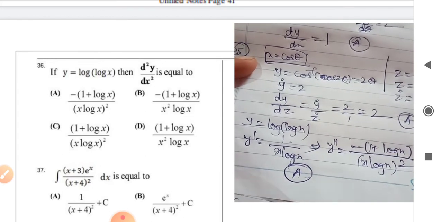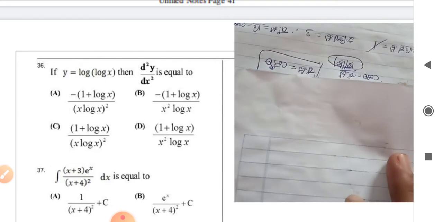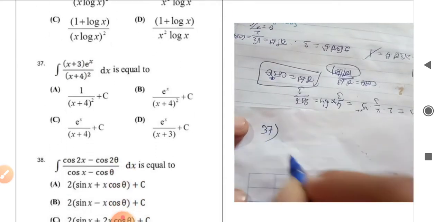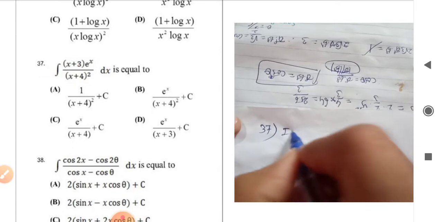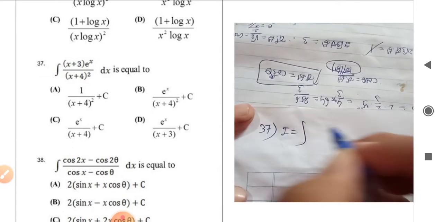Yes. So now look at this, very simple it is. Whenever you get the differentiation, it will look like a halwa for you. 37th question, very simple question they have asked here. Why? Because it is based on the standard result, integral of f of x plus f dash of x into e raised to x equals e raised to x into f of x.